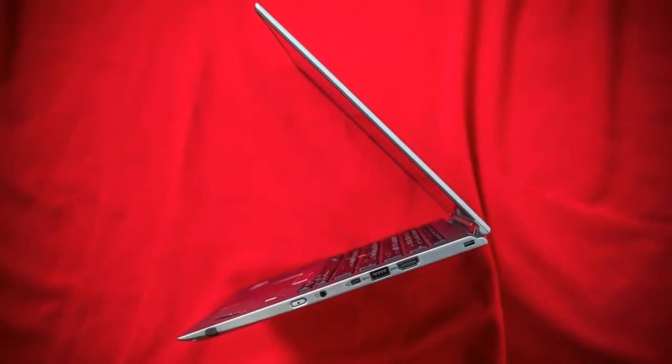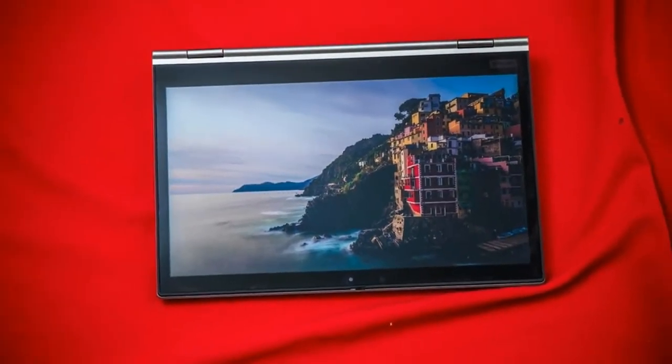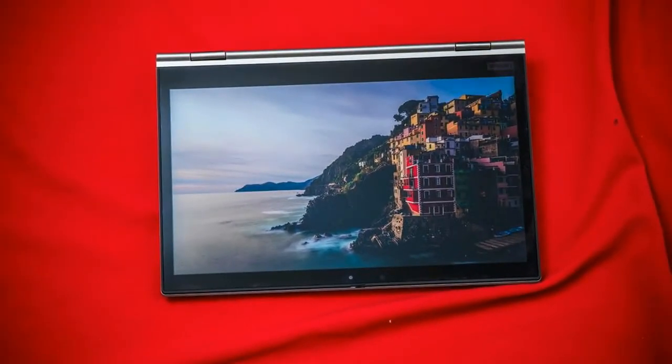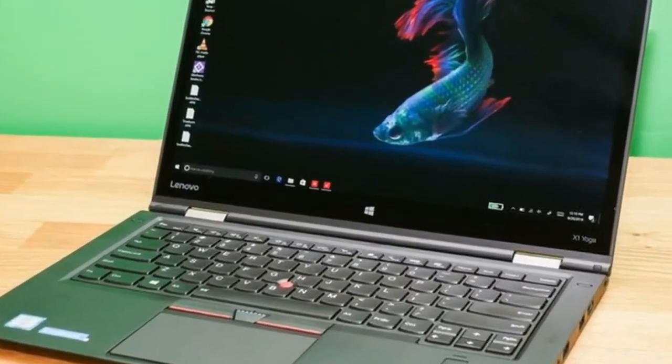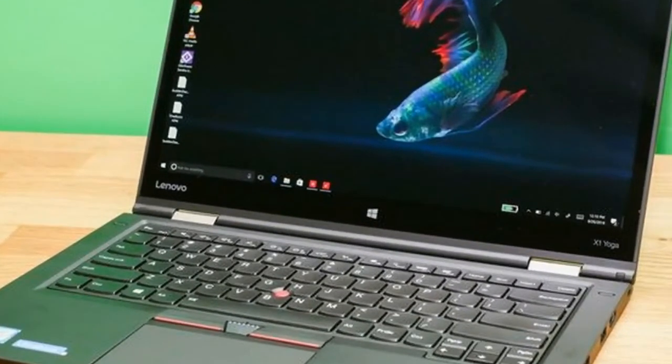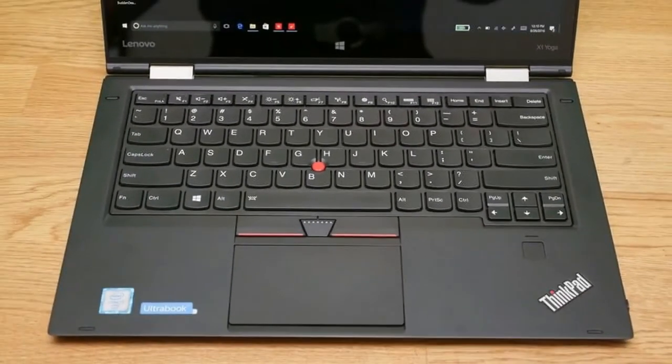If you're looking for OLED on a budget, Lenovo also offers a Core i5 version in the US with the same OLED display but half the RAM and SSD storage for $1,682. Lenovo went on to make several variations on the Yoga, including different screen sizes, different colors and higher-end models